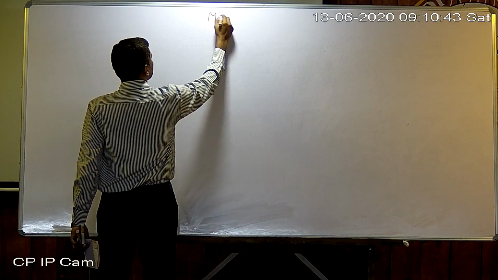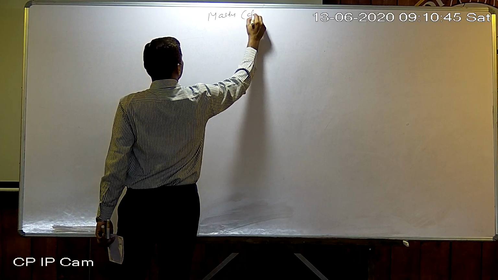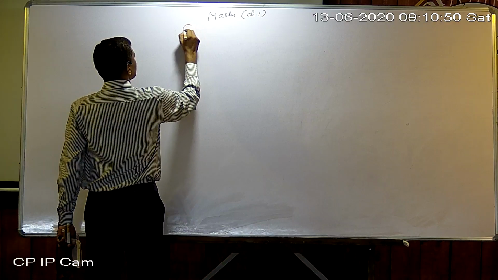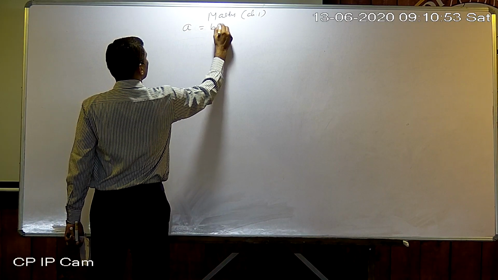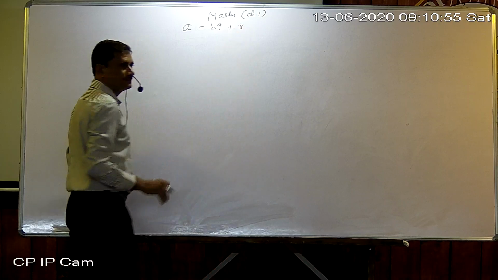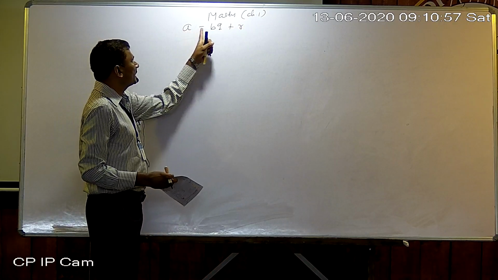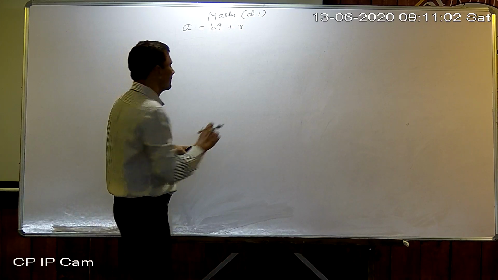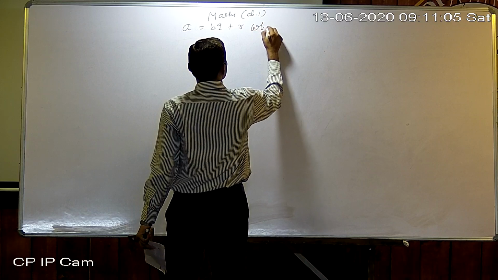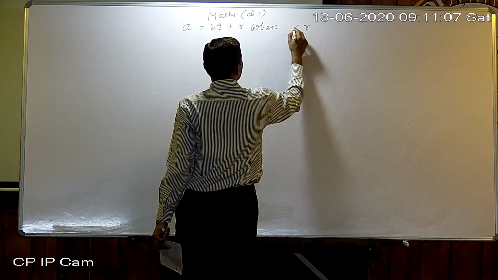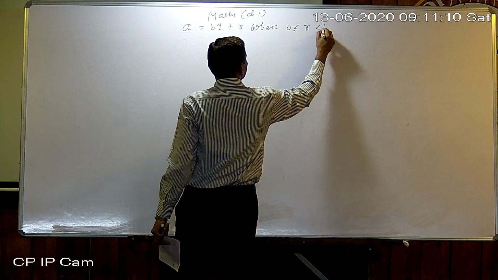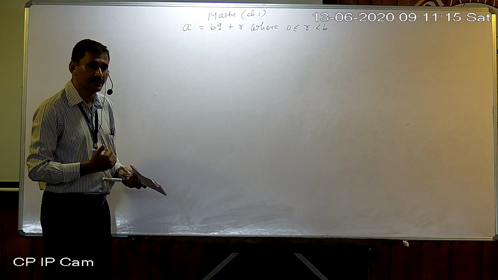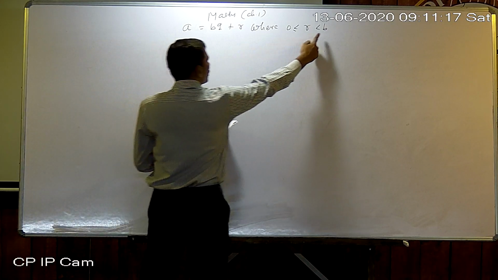Okay, so in maths chapter number 1, Euclid's algorithm was like this: A is equal to B Q plus R. Dividend equals divisor into quotient plus remainder, where R is from 0 to B, meaning R is greater than or equal to 0 and less than B. Less than B, not less than or equal to B.